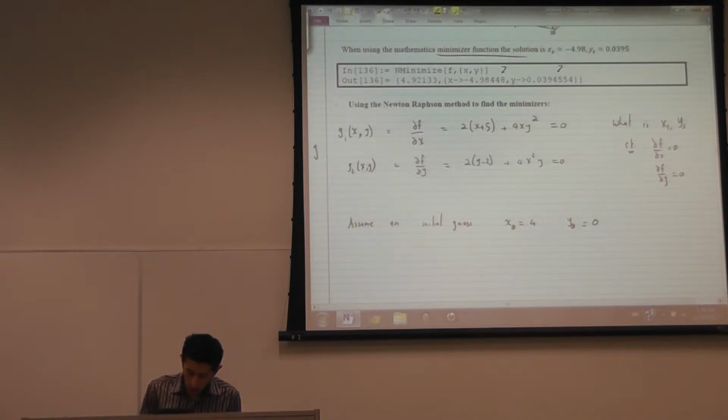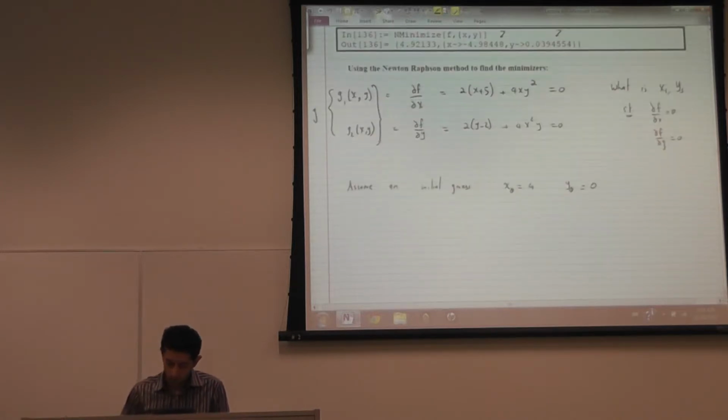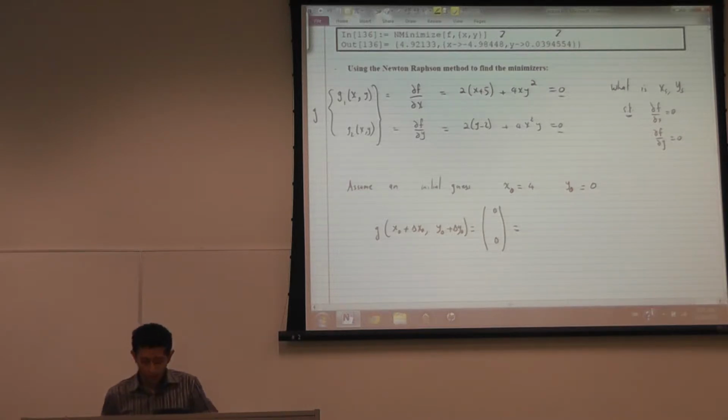I'm going to call this a vector G. So G of x naught plus delta x naught, y naught plus delta y naught, I want this to be equal to 0 and 0. This is equal to G of x naught, that is G1 of x naught, y naught, and G2 of x naught, y naught,